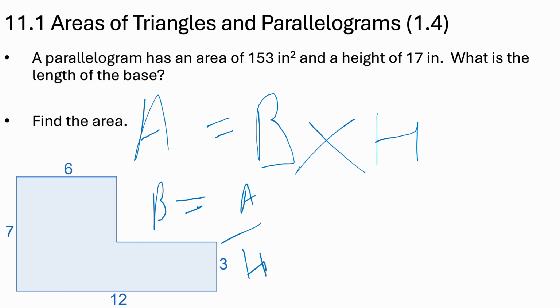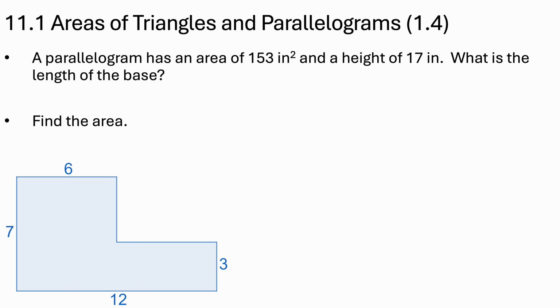Okay, the second question is an area question. Find the area of this. Now you have to use the parts whole postulate to calculate the area. What is the meaning of parts whole postulate? You have to make this into different parts. There are different ways you can do it. One way could be you make this one part and this another part, and then calculate the area of A, B, and C.